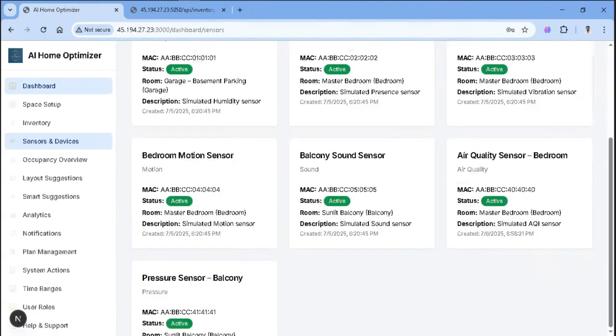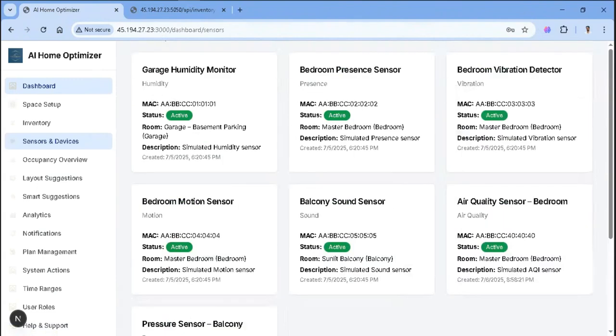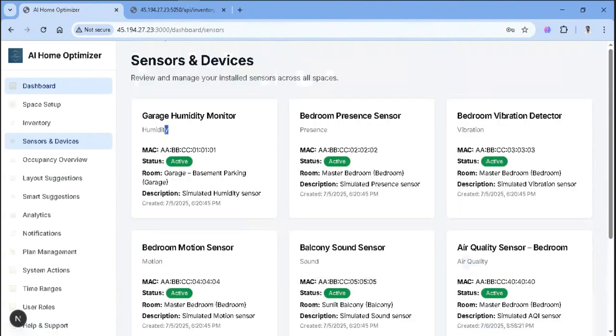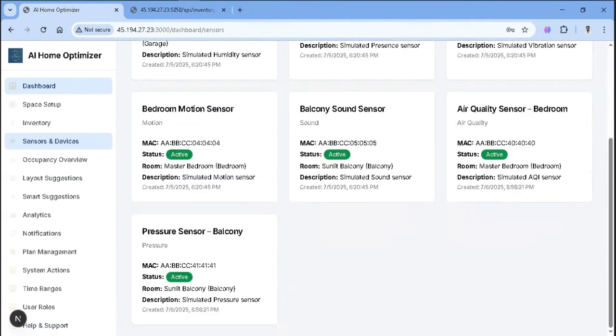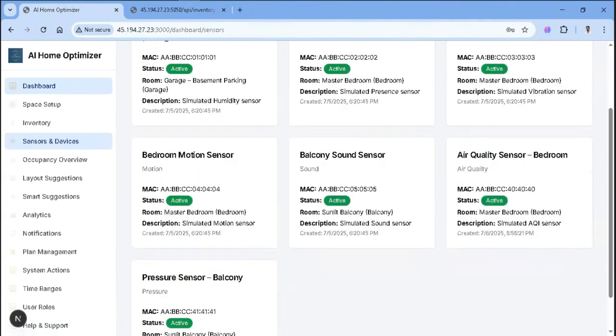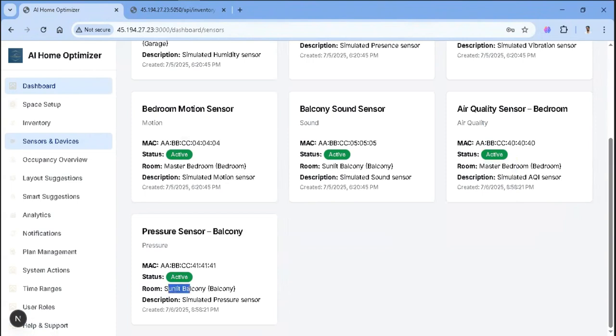We defined seven sensors. One is for garage basement, I think, three for master bedroom, and one for sunlight. Yes, master bedroom four, and sunlight two sensors,